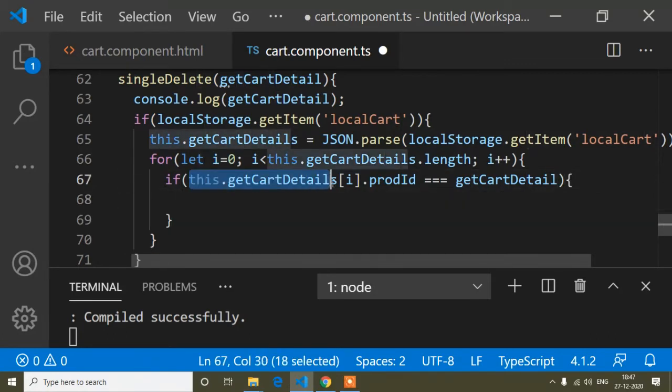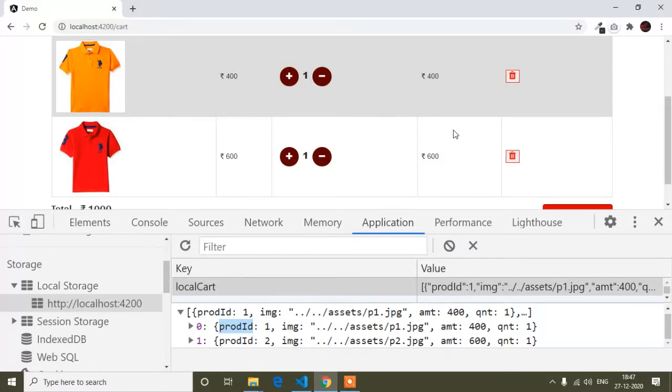Suppose, guys, if I click this second product, it will start to check from the first one, so it will not match because I clicked this second product.